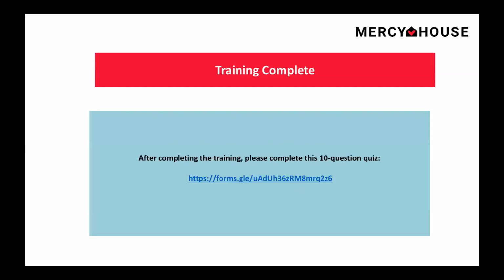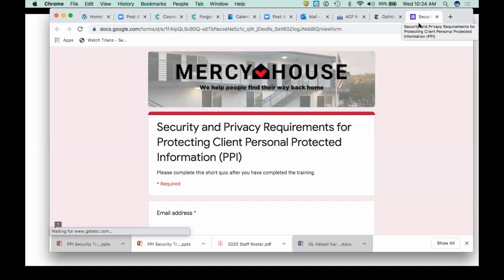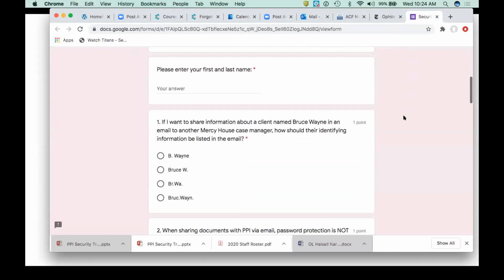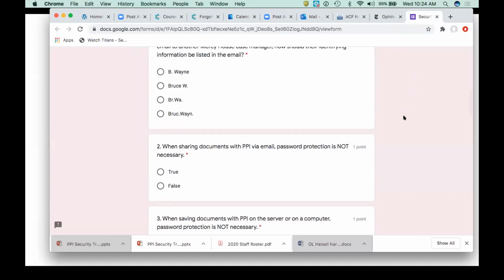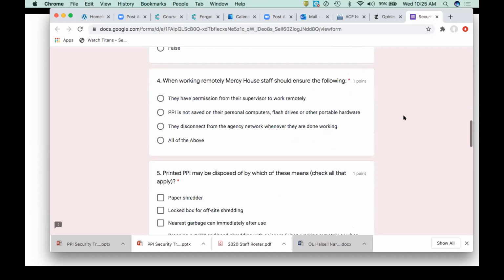And this is our final training assessment. It links to another page where you'll be able to take an in-house course, or in-house quiz, that allows our staff to demonstrate their retention of knowledge as it regards to handling personal protected information.